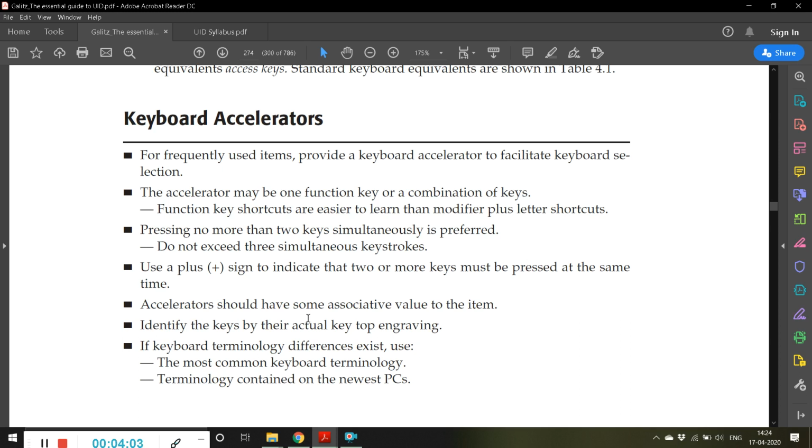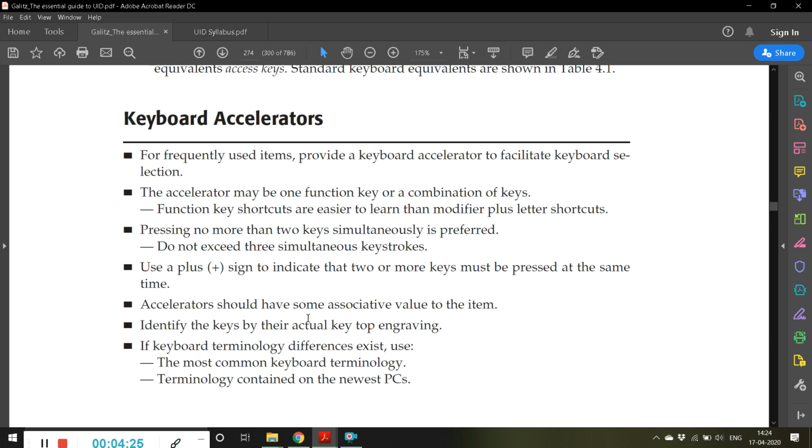So these are some of the keyboard accelerators. Instead of spending a lot of time going to the system volume and physically dragging it, which is time consuming, you press F1 or F2 continuously and automatically your volume will be reduced.